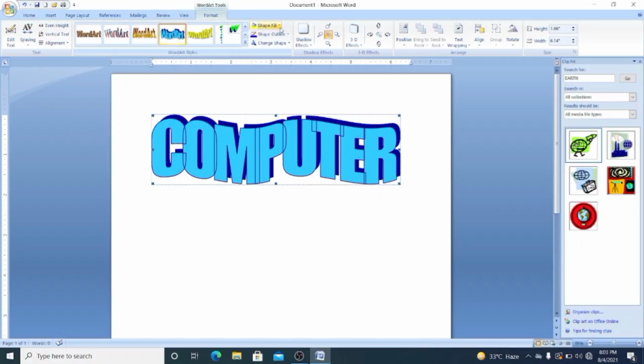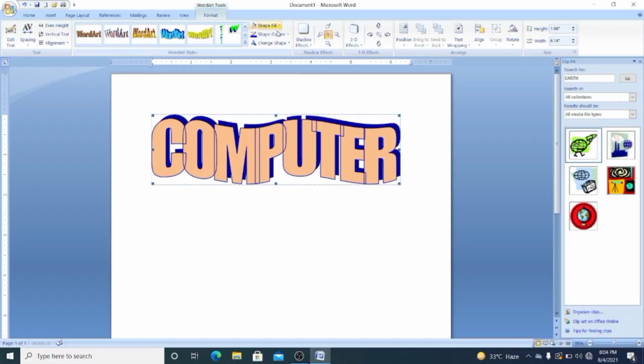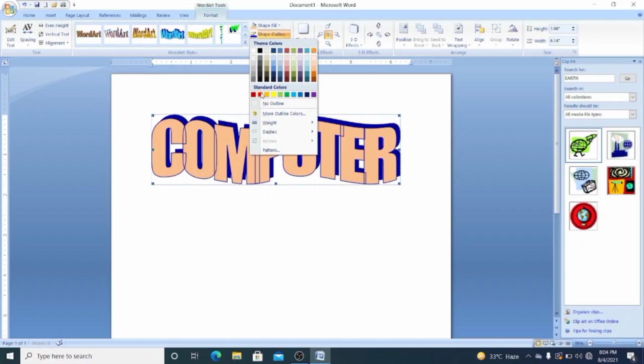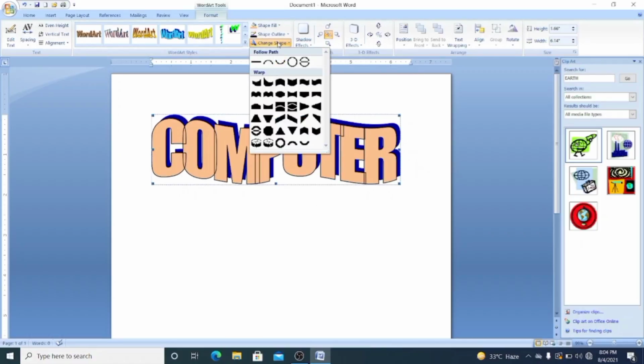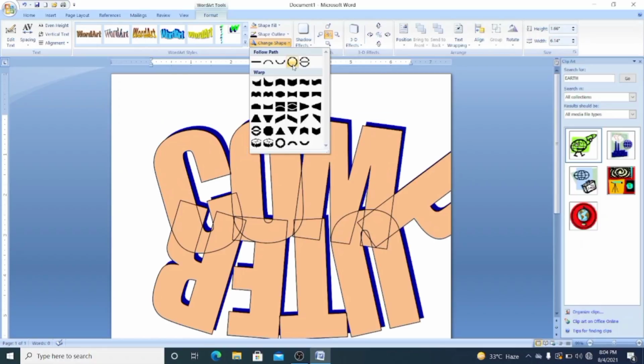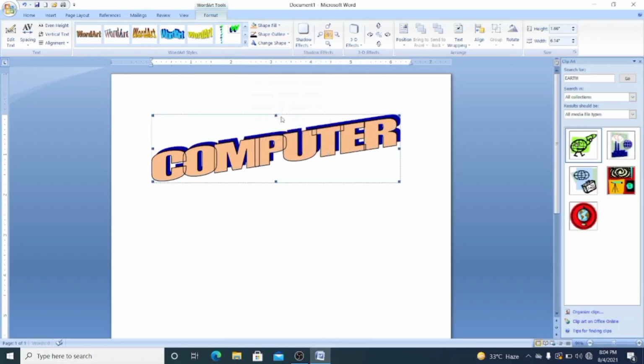Now the next thing is, if you want to insert your word art in any particular shape, from here you can fill the shape, or you can fill color inside your shape like this. And by clicking on the shape outline, you can see the outline turns to red, blue, gray, black. So from here you can change the shape outline, and if you want to change the shape, then you can change it from here. This is a very important tool. From here you can change the shape. Fine, I hope you all are clear with this.